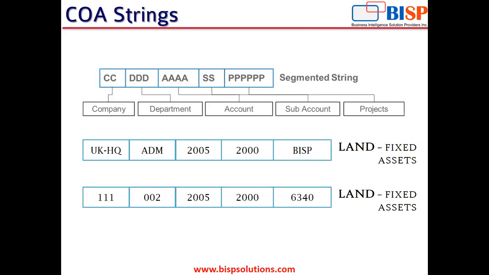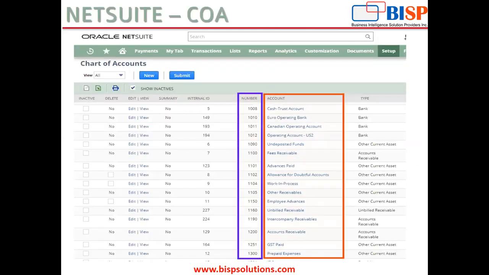But it makes the whole COA, my chart of accounts, very bulky. So when I come to NetSuite, NetSuite gives the organization the chance to consolidate their chart of accounts by removing the segments and the subsidiaries from their COA structure, as NetSuite allows the users to dictate these classifications on the transaction header and line.